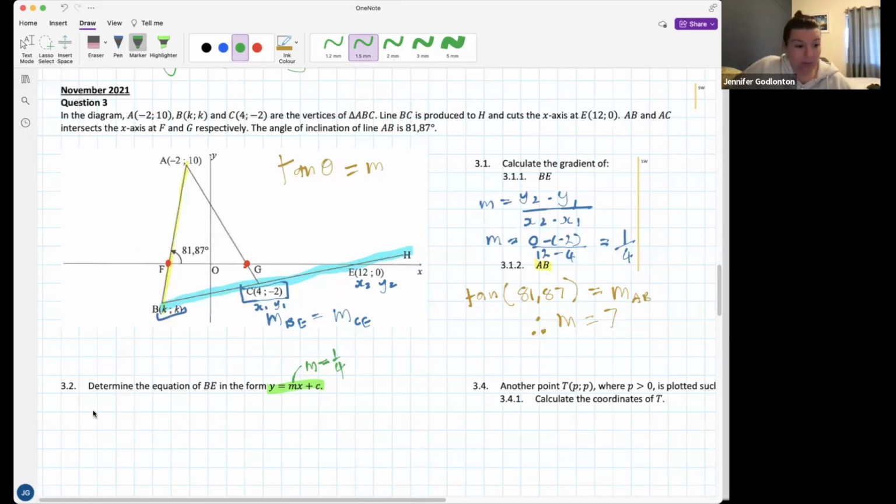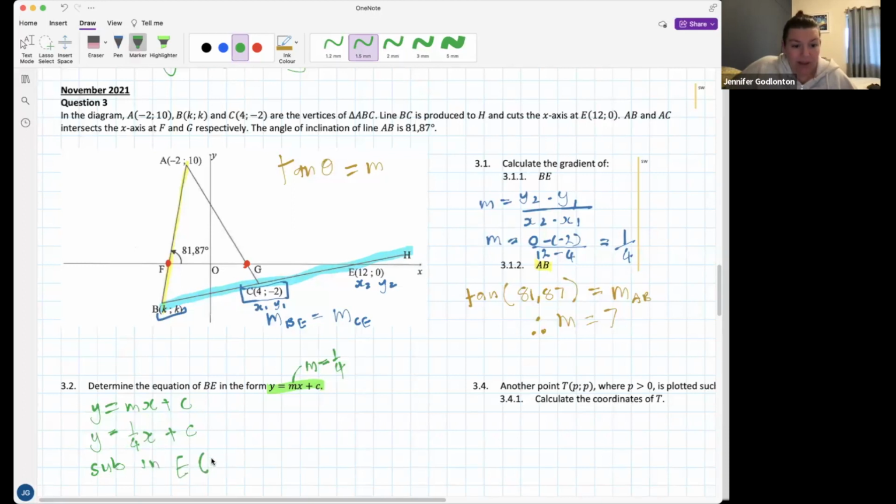Let's start this out. Y equals mx plus c. We know our gradient is 1/4, so we can sub that in. Now I need to find c. How am I going to find c? Good. You can sub in any of those points. You could sub in C or you could sub in E. Perfect. So I'm going to sub in